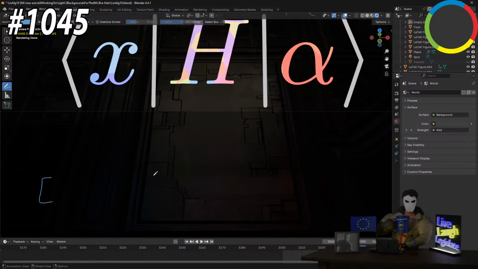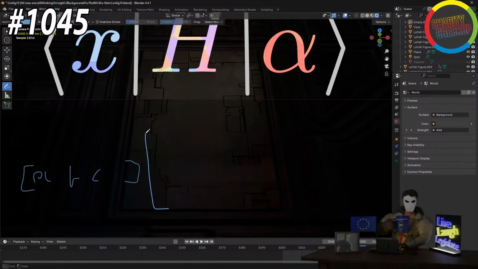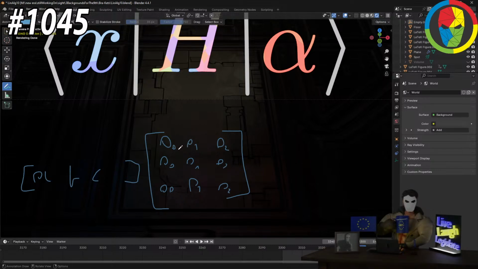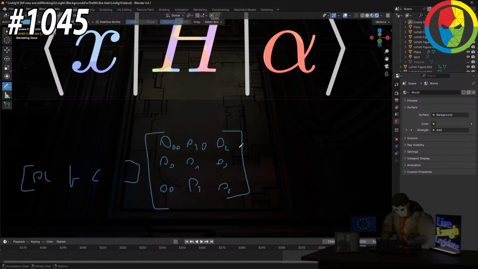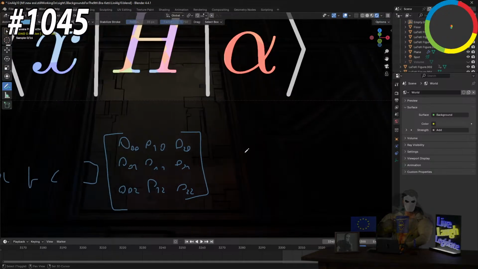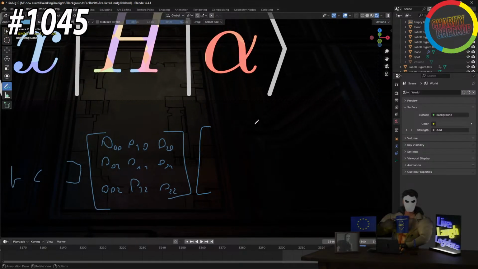So in this case, it would look somewhat like this: A, B, C. Then we have a matrix, which will be O, O, O, a whole bunch of O's. And then 0, 1, 1, 1, 2, 2, 2. There we go. And then finally